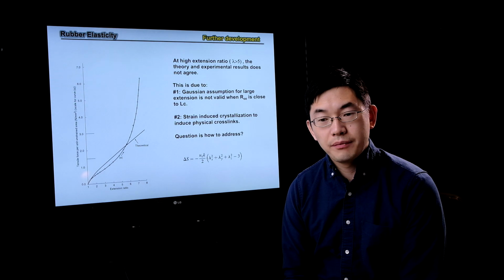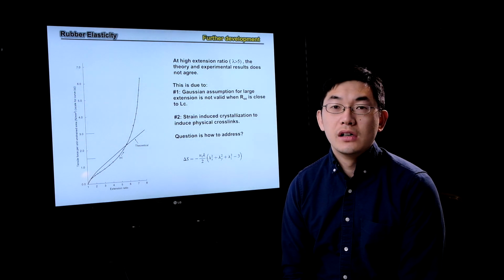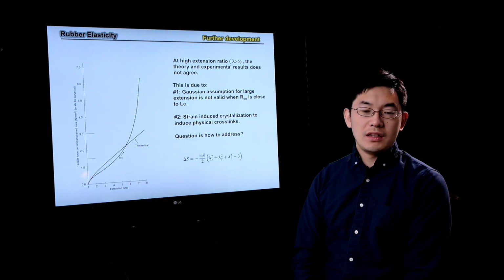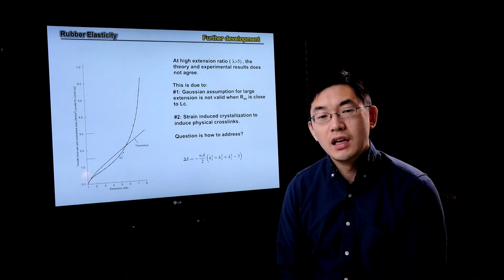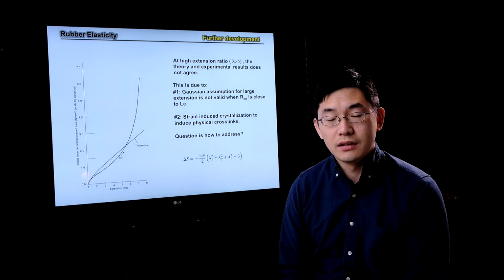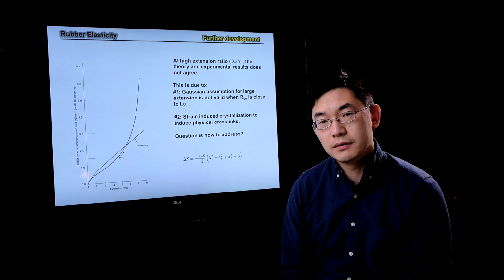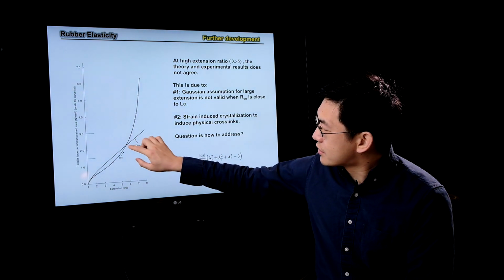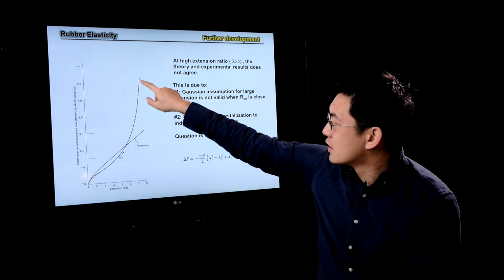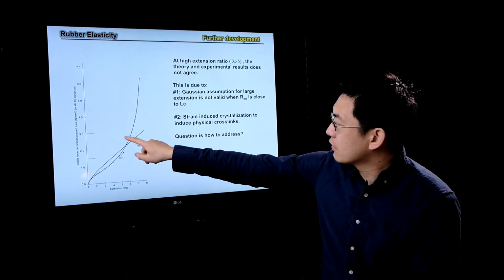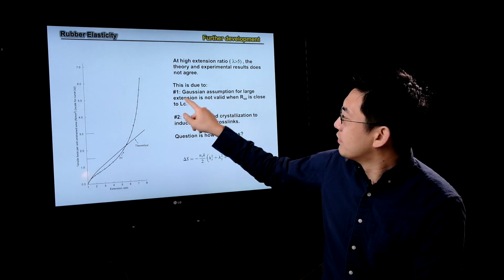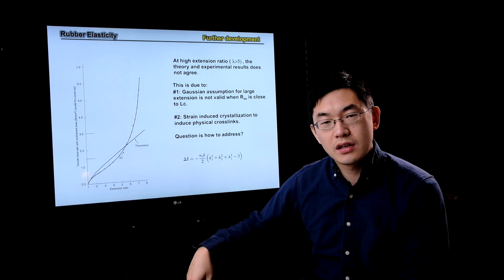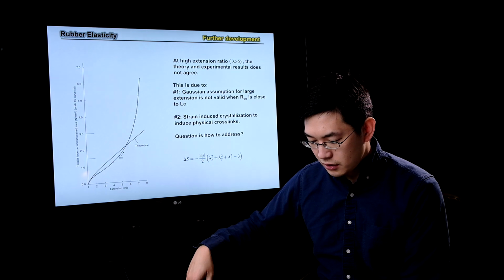And as you can see, if we happen to have physical crosslink points between those covalent crosslink points, then you would have artificially increased crystalline density. And this would result in an increase of the modulus of your material. This is partially the reason why there is a rapid increase here; a lot of crystallization happens here. Meantime, there is a lot of deviation from Gaussian theory, so this is something you should keep in mind when you use this